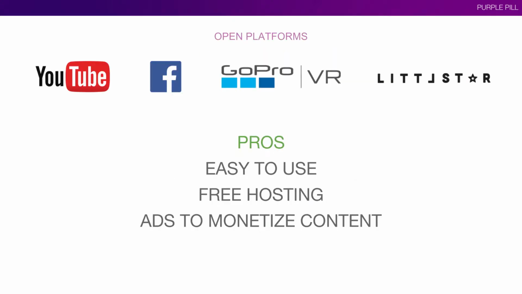Open platforms. First off, the distribution channels that follow the more traditional video platform model, which includes established names like YouTube and Facebook, as well as 360 only video platforms like Little Star and GoPro VR, which used to be called Color Eyes. A big name that is missing from this list is Video, which closed its doors late 2016. The major benefit of using these video platforms is that they are free and easy to use.